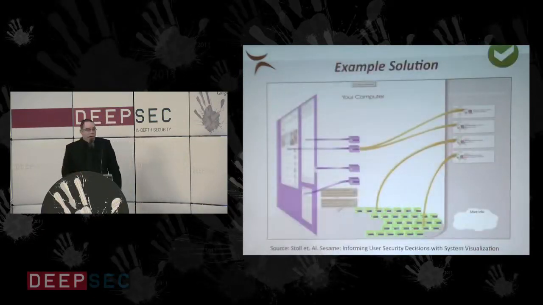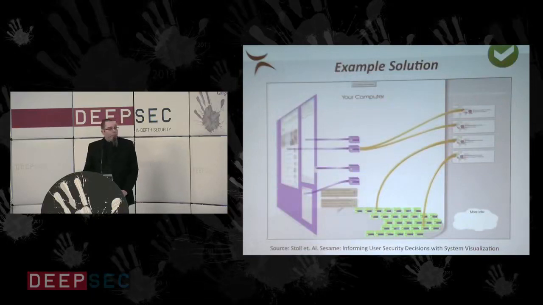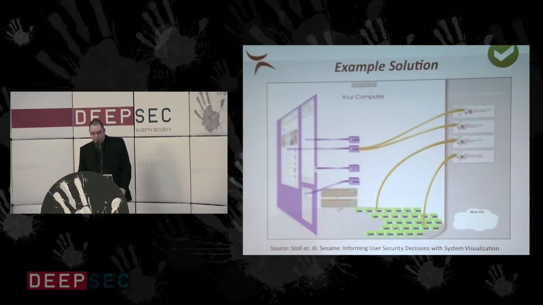There are some people having done some investigations on this issue. Just to provide you a small example how things can get better also. This is a screenshot from a research prototype. What happens here? I'm sorry, it's only a screenshot. The animation would be better. What this guy has implemented is, instead of just having a pop-up like allow or deny for a connection,